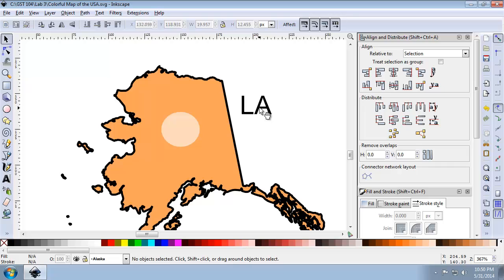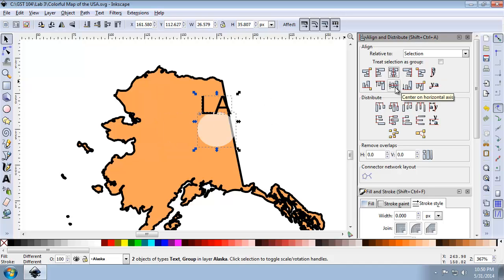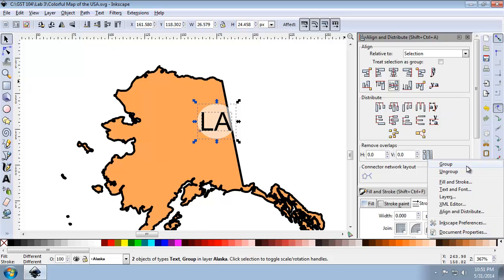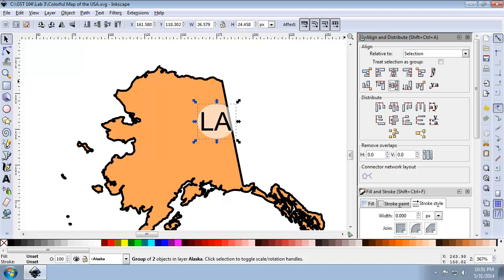I am then going to line the ellipse and the text up. So I'm going to select them both, and with the Align and Distribute panel still up, I'm going to click Center on Vertical Axis and Center on Horizontal Axis. I am then going to group them together because now I want them to be the same thing, and I am going to move it into the center of Alaska. And so it looks pretty reasonable, but